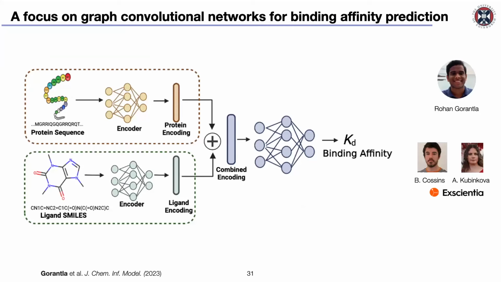And this is, again, work done by Rohan, who is in my group. Effectively, what we've come up with was a consensus architecture that is similar to some of the best performing architectures in 2021, 2022. So there might be better ones out there now. And these were graph convolutional